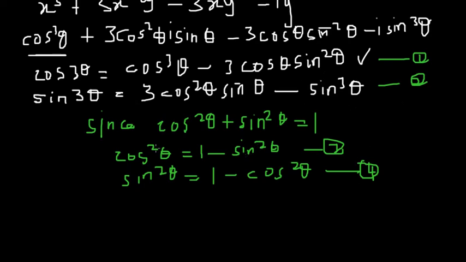All you are trying to do is just keep the cos theta constant. So we don't need any sines in the cos expression, and then we don't need any cos in the sine expression. So from equation 1, we can just substitute sine squared theta with 1 minus cos squared theta, so that we remove the sine expressions in the real portion of the expression. So substituting equation 4 into 1, we will have,